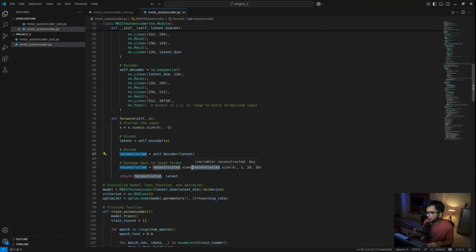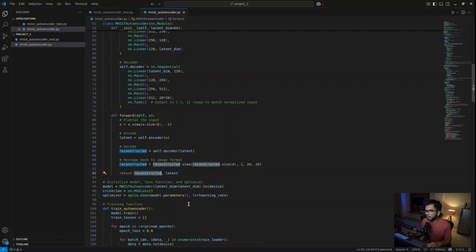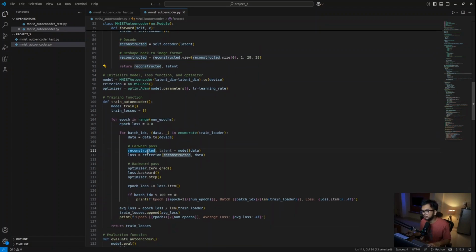So here this view function is there, and then it reconstructs the size of the data, which is 128 again, and this 1, and then for each image it produces this 28 by 28 pixels, right? Then we return this reconstructed image, which is again used to